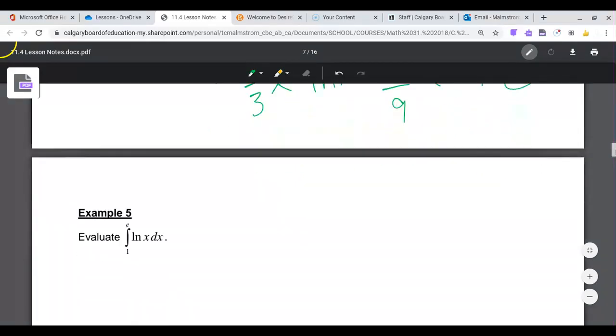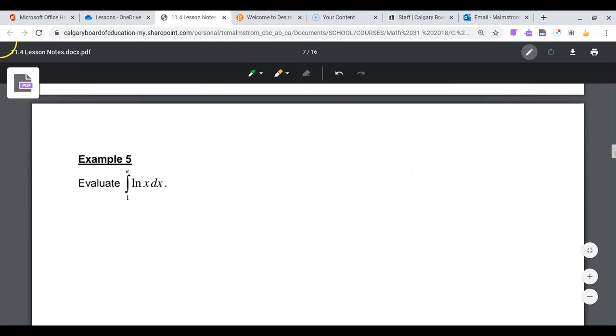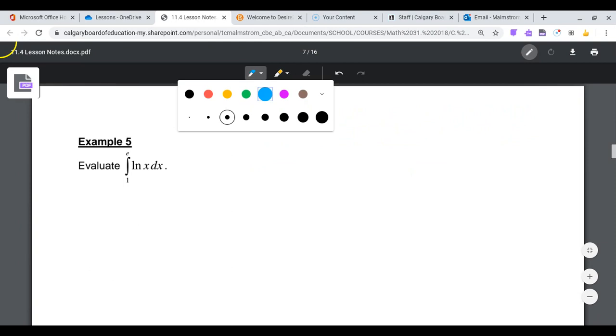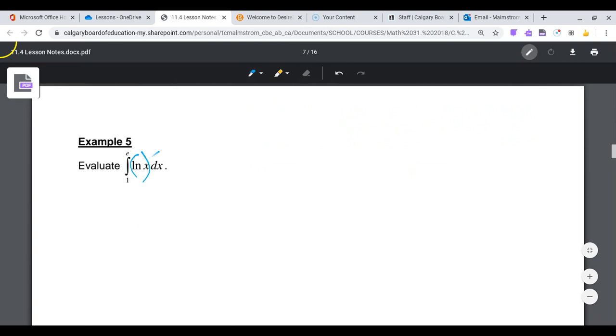Could we still do this? Could we do this question by integration by parts? And you're like, Malmstrom, this just looks weird. Okay, so here's a thought. What if I said my product was ln x dx? Then by the order we use,